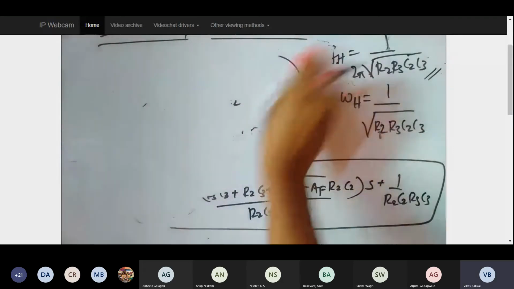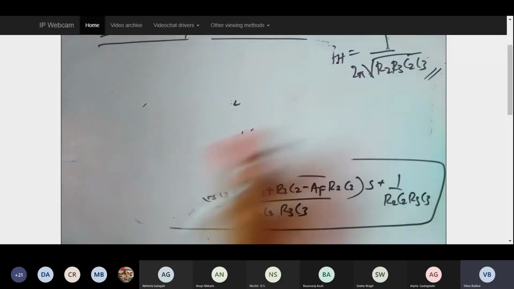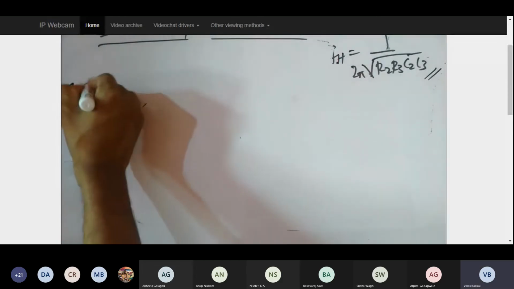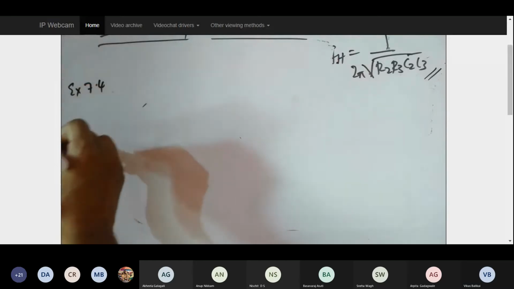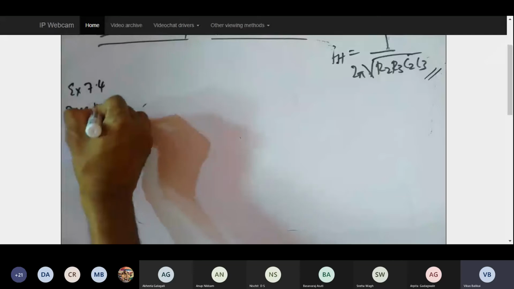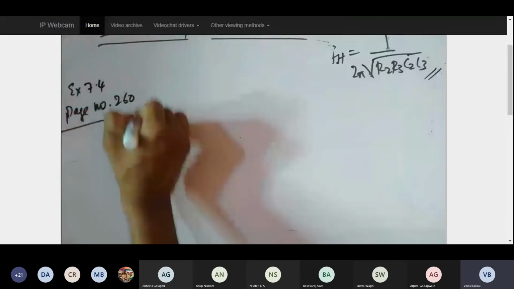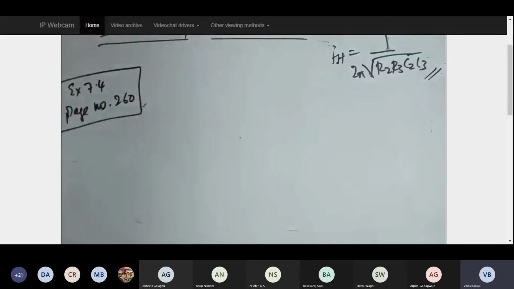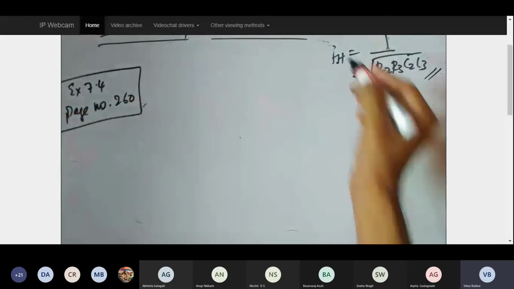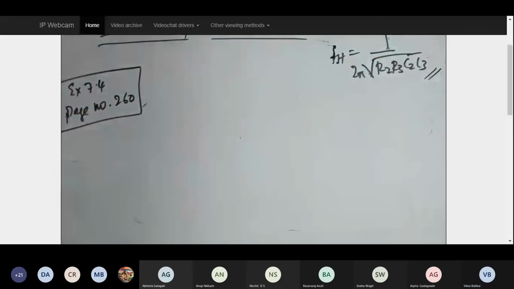So I'm going to keep this equation fH equal to, so this is example number 7.4, page number 260. Now henceforth I won't be giving you the notes with respect to the numericals. You are better supposed to watch the videos and find out the numerical solutions,